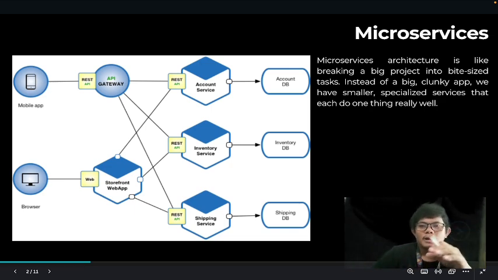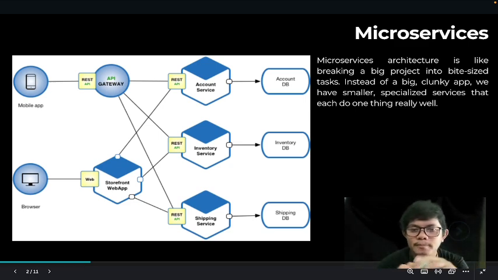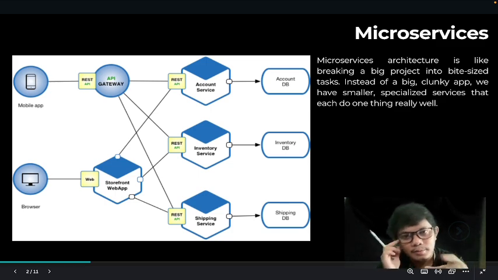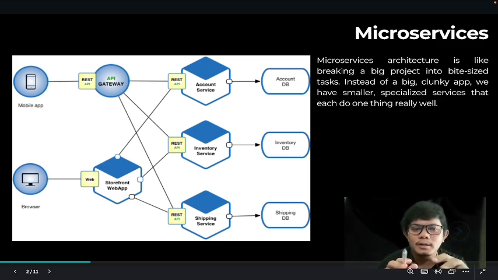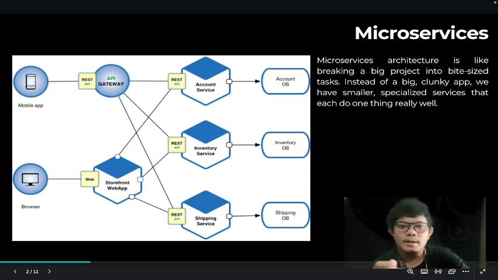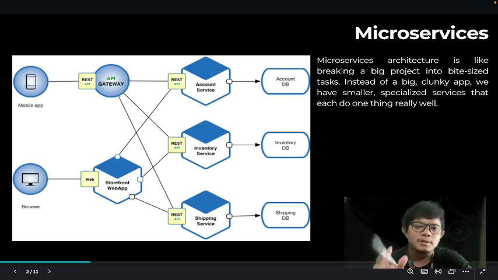In summary, with the monolithic architecture, the food truck, everything is combined into one unit. It is simpler but harder to scale and more vulnerable to disruption. With microservices, the restaurant, functions are divided into specialized sections, making it easier to manage, scale, and maintain. Okay, that's all about microservices and monolithic architecture. So we move to the next page.